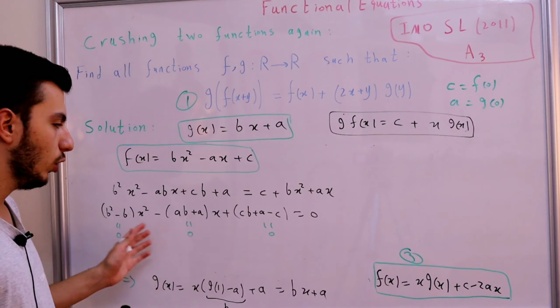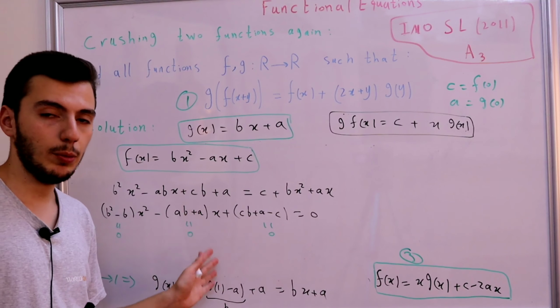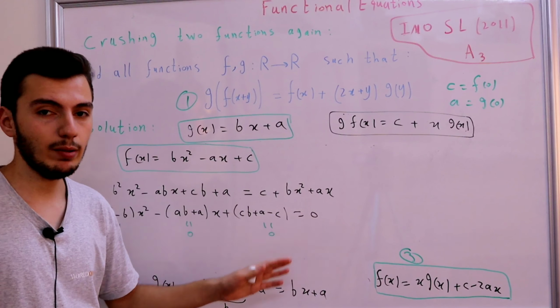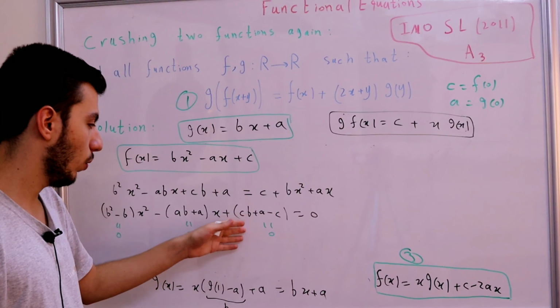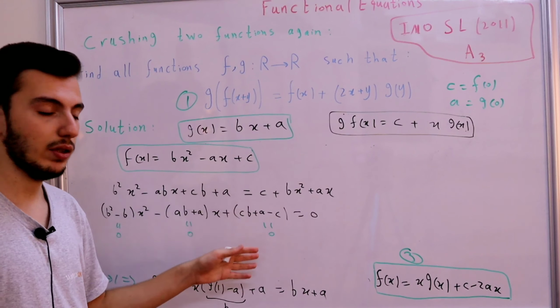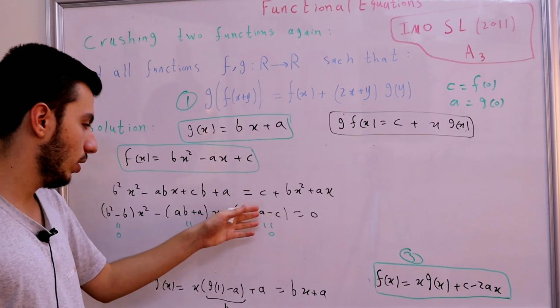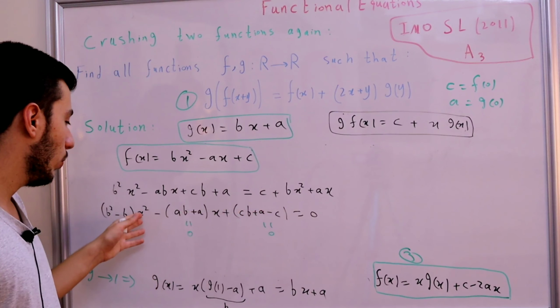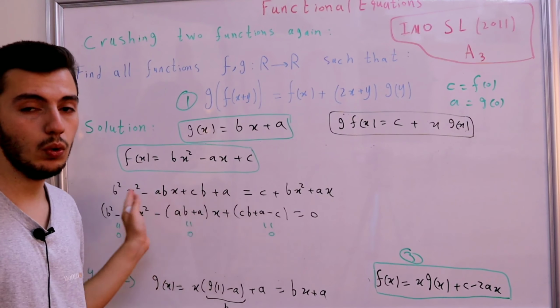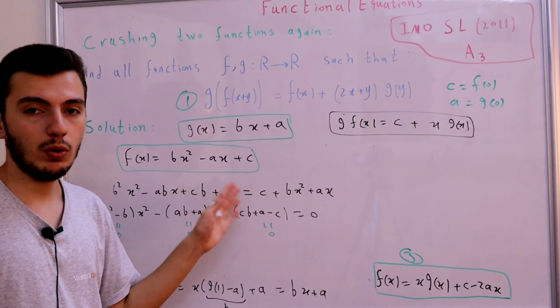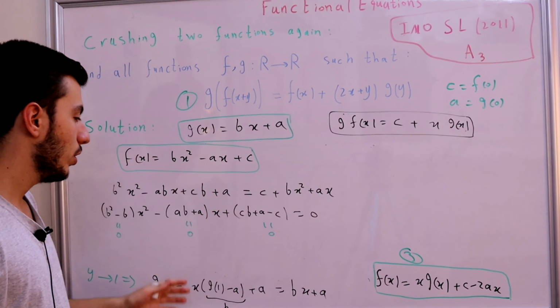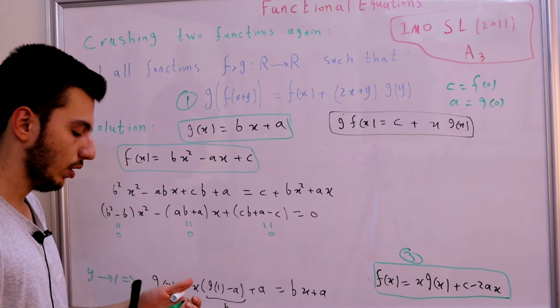Because we have a polynomial. If I told you that a polynomial is equal to 0, then that means that all the terms are equal to 0. All the coefficients of x to the 0 power, x, x squared, x cubed, and all the coefficients of the powers of x are all equal to 0. So actually now I have three equations, which are